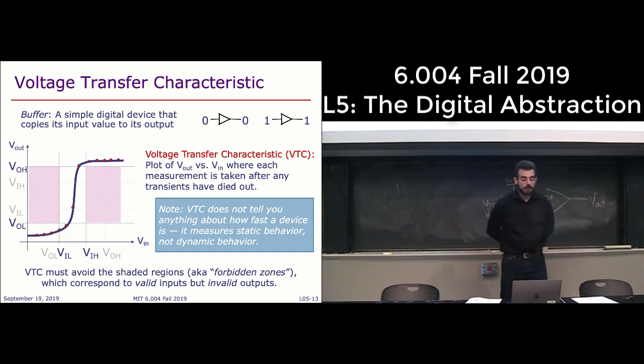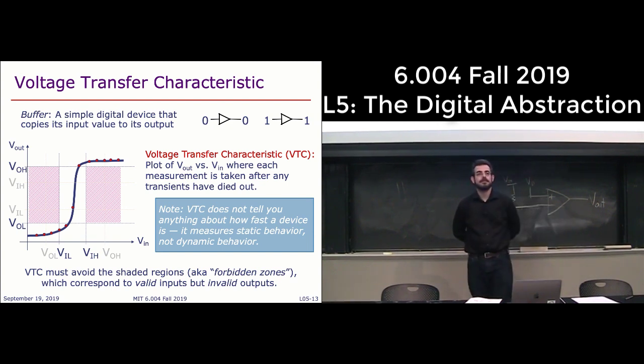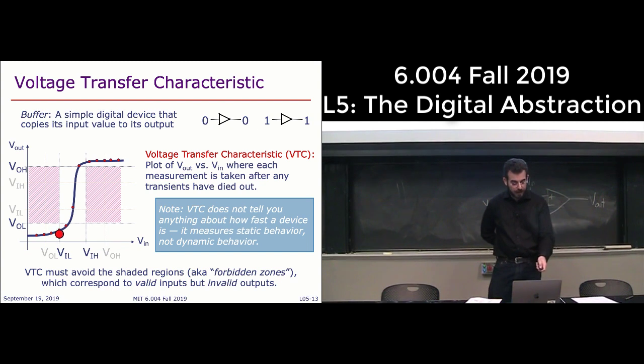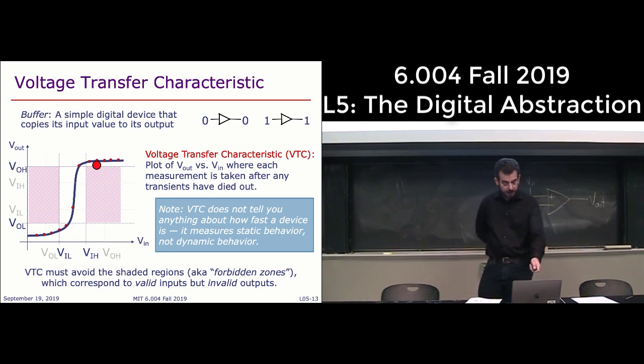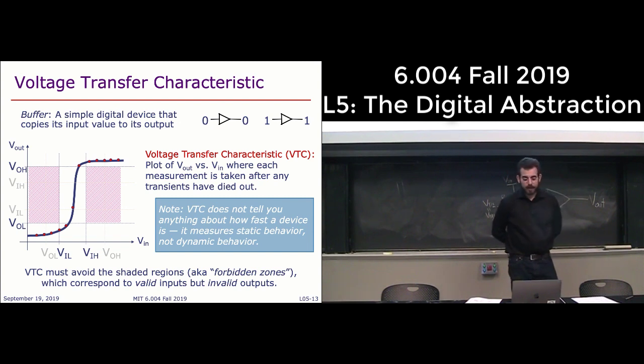Now if you go and measure all the different points, let's say you take all these different measures, you'll get something like this typically, where you get this nonlinear function. You get some low gain at the beginning, and then eventually you get this high gain in the middle, and then it stabilizes. And the point is that, given this signal specification, you cannot get into these shaded regions here, right? Okay, so